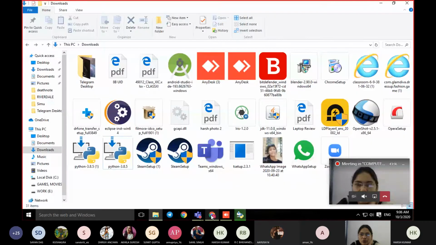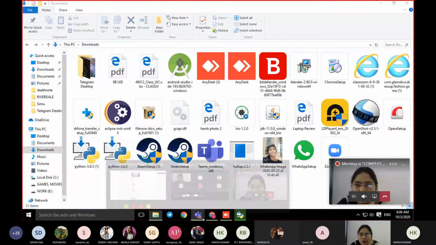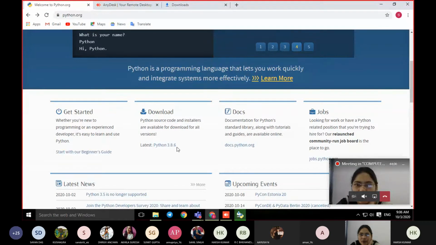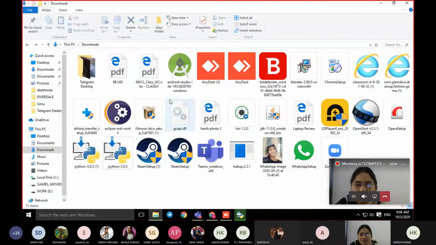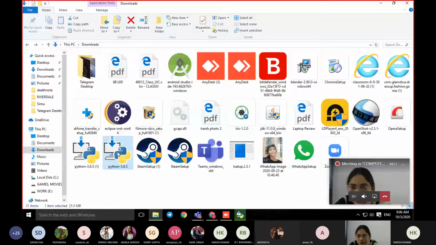You have gone to downloads. Show me what you have downloaded. Go to Windows Explorer. Where is that Python software? Yes, 3.8.5. Double click.